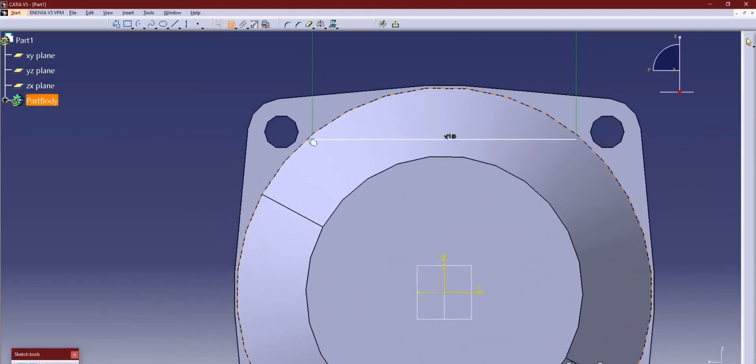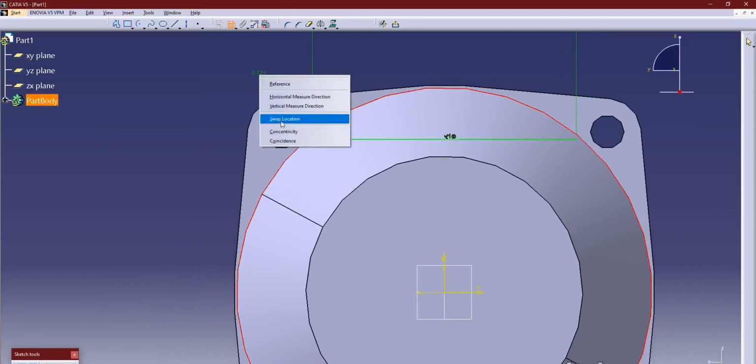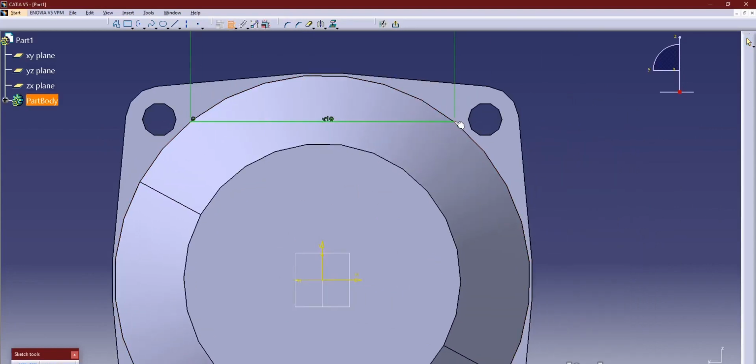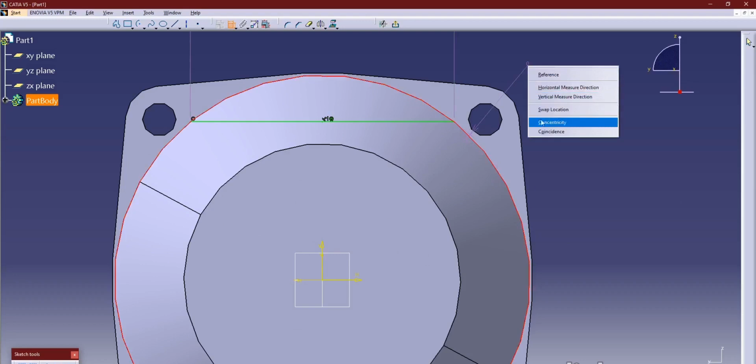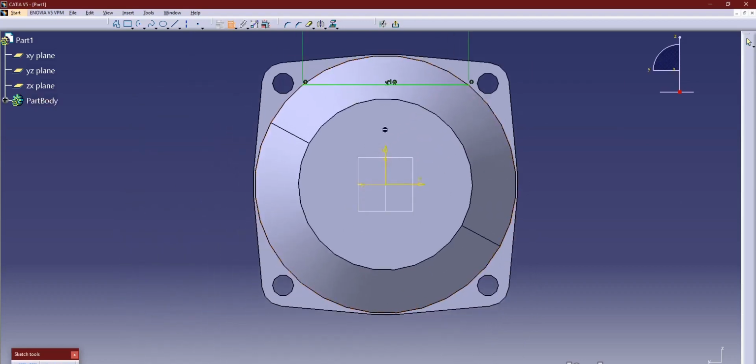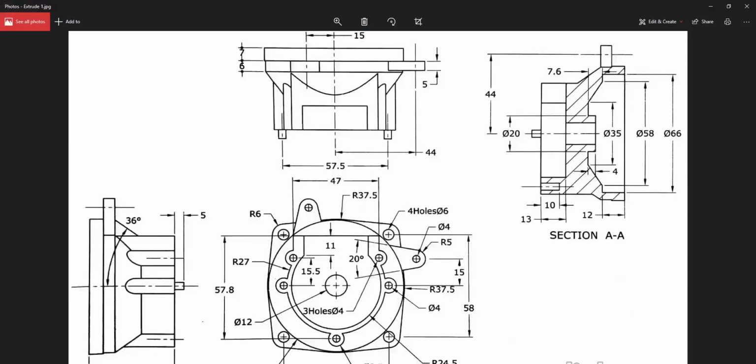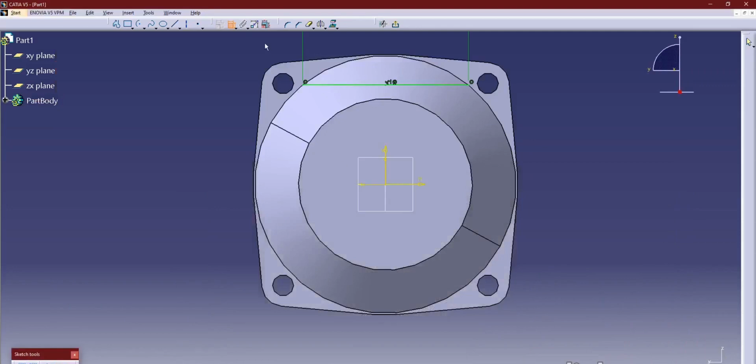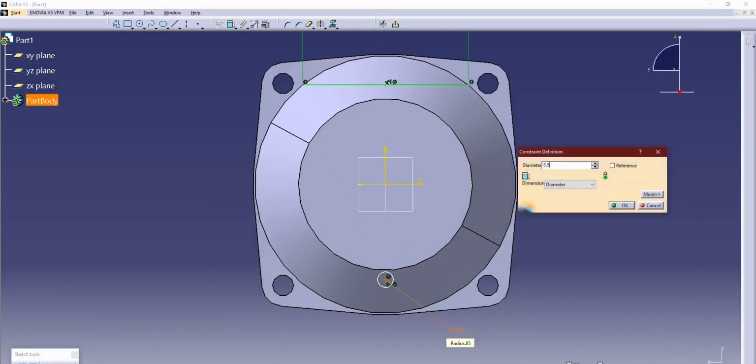Let us coincide. Okay. Now this would be the reference for us to dimension the other features. So starting with this, take a circle of diameter 8.5,